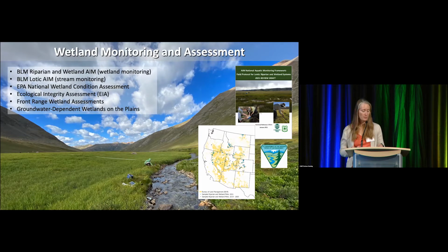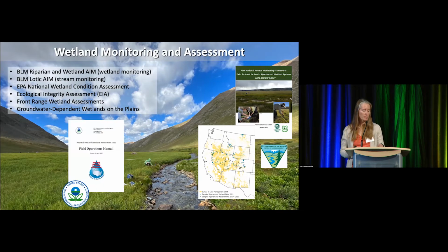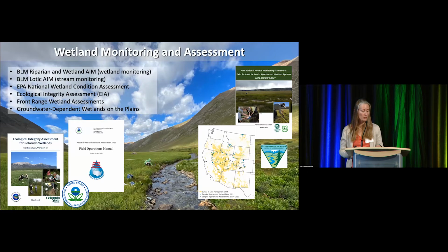In 2021, we participated in the National Wetland Condition Assessment, which happens every 5 years. This round, we sampled over 50 sites in Colorado and 19 in Wyoming. Our Colorado sampling will allow us to produce the first statewide estimate of wetland condition when the data have been fully processed. We also continue to use the Ecological Integrity Assessment, or EIA methods, to assess condition in wetlands across